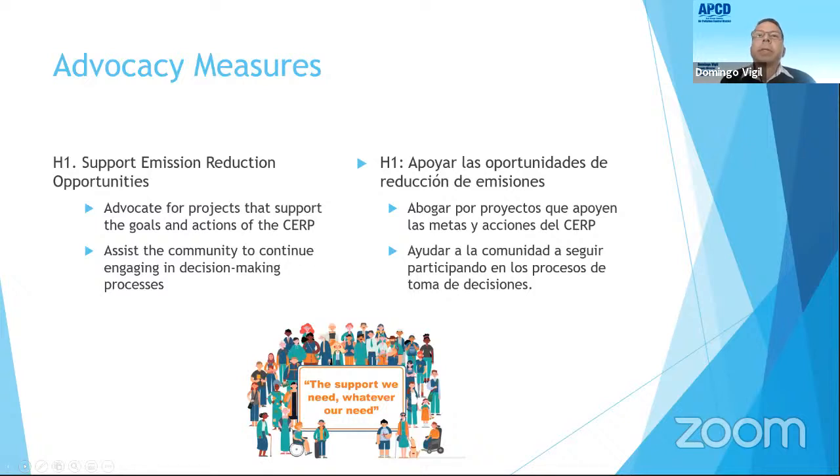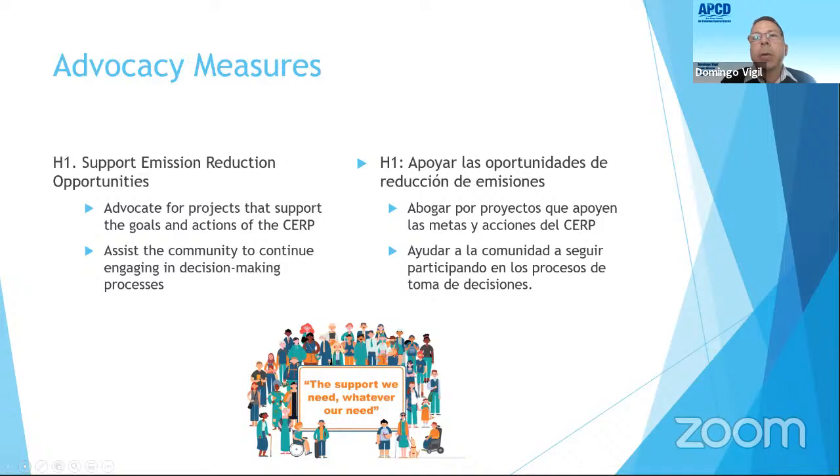So finally, our advocacy measures. Some measures require a commitment by an agency that cannot be made until after a public process, for example, the adoption of land use and transportation planning documents. The only action the APCD and the steering committee can take is to support an outcome that will improve air quality in the port side, all disadvantaged communities or the region.